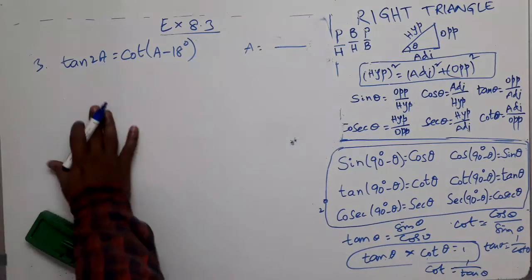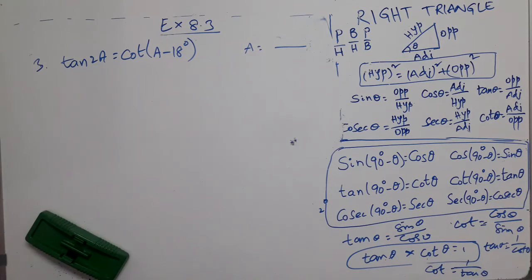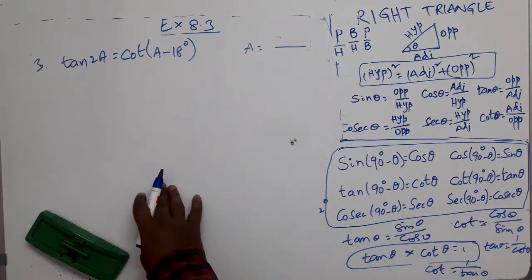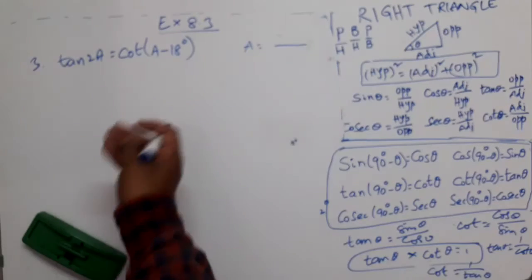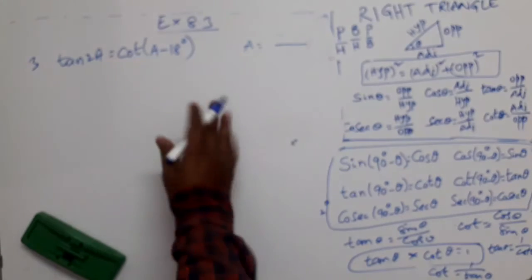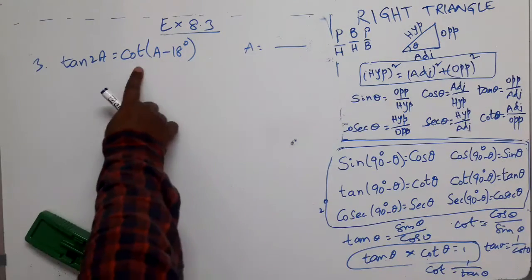How shall we proceed? Of course, what are the other conditions he has mentioned, where 2a is an acute angle. Of course, in some questions 4a is an acute angle. In some other questions of this exercise, he will mention a and b are acute angles, because he wants you to solve the question easily, so that all conditions are met and you can use this formula well. Of course, tell me now, you can use this formula anyway in this case also. Cot of something is here, tan of something is here. What shall we do?